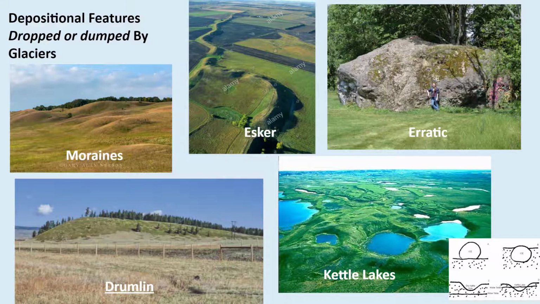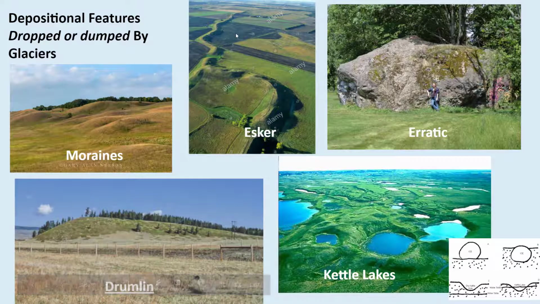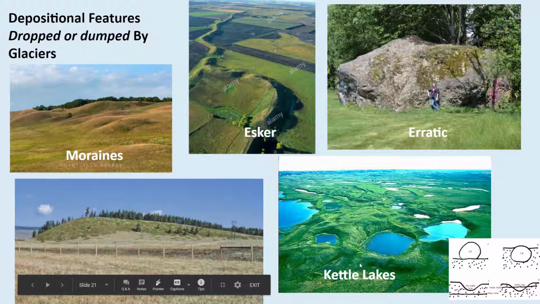That means that a massive glacier moved this giant boulder, and then when it melted, it dropped it, and now it's been there for 10 to 12,000 years. Drumlins, you guys, these are essentially big piles of dirt. Moraine, big pile of dirt. Esker, big pile of dirt that's been deposited by essentially underground water that's been under a glacier, at the very base of a glacier. And this is the other thing we see a lot of in Minnesota, are kettle lakes.